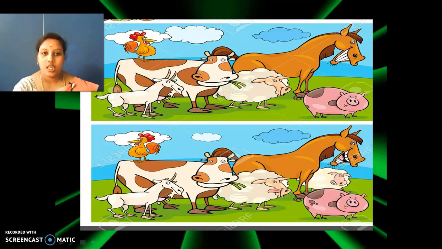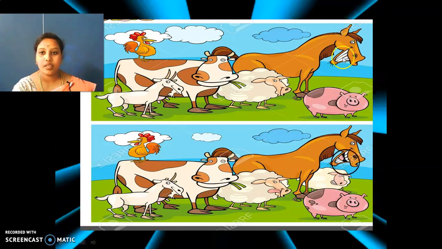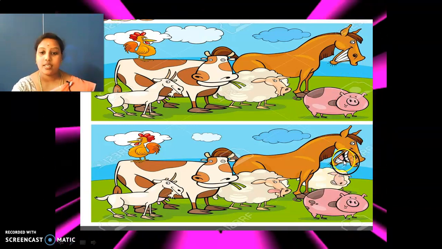Okay. See here, they have given 2 pictures. So you're going to observe both pictures. When you look into the pictures deeply, you can find the differences. So now I'll tell you 4 differences. The rest you are going to find by yourself. Okay? See the first one. See here the horse is showing his teeth, but here it is not. So the first one is here. The second one is